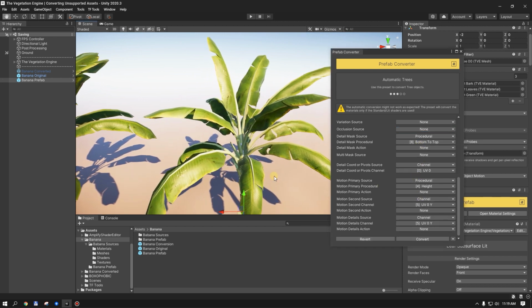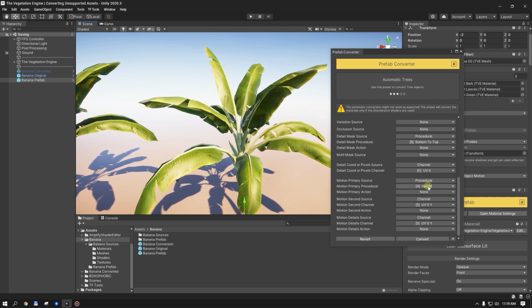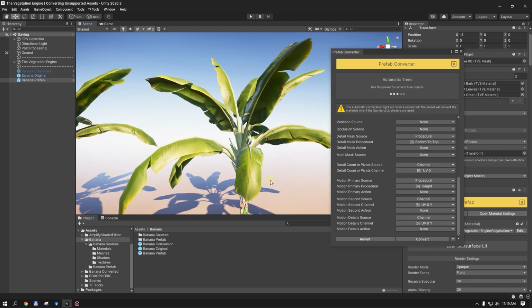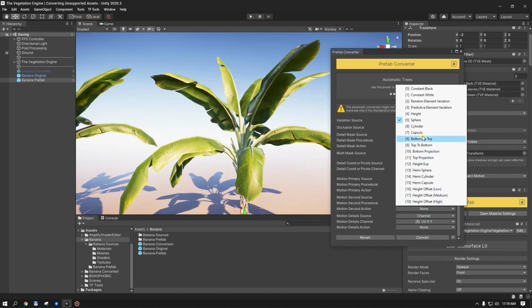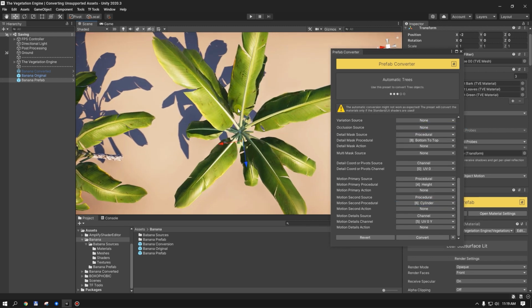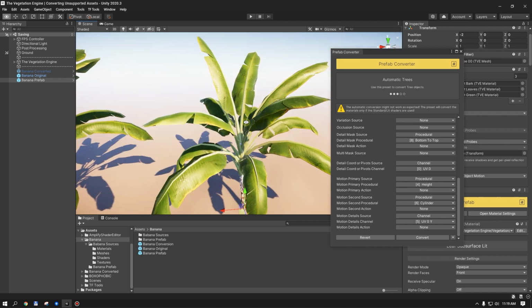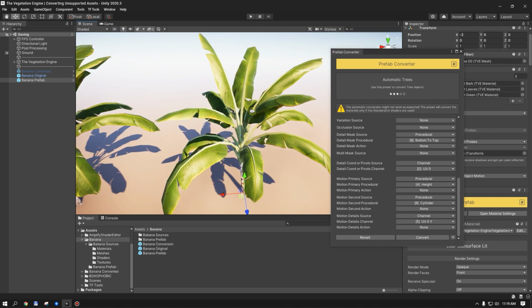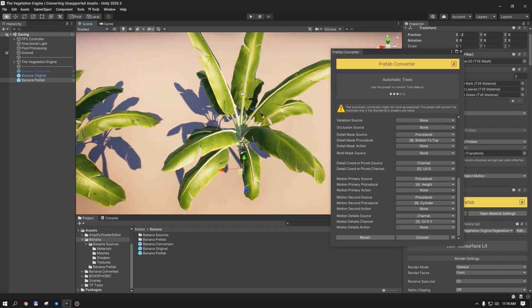And for the motion primary source, I will use the procedural height mask, which is already used and it is working properly. For the second source, I will go with a procedural mask, and I will choose a cylindrical mask. This cylindrical mask will add black to the middle and white to the edges. So imagine these three encapsulated in a cylinder where the middle of the cylinder is black and the edges are